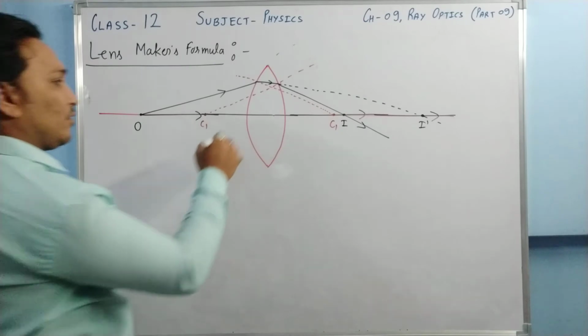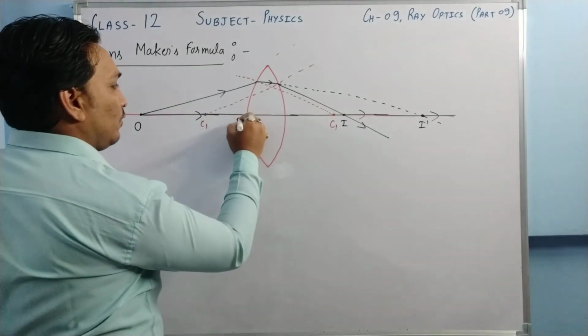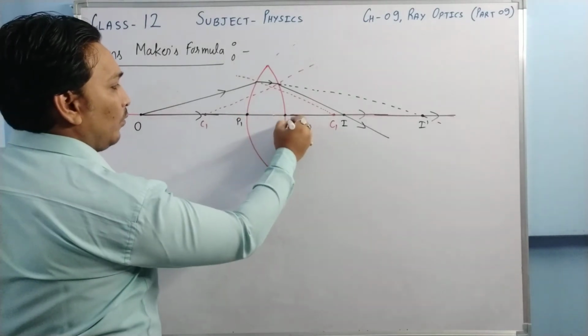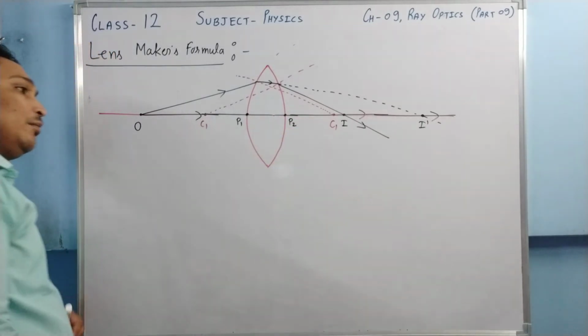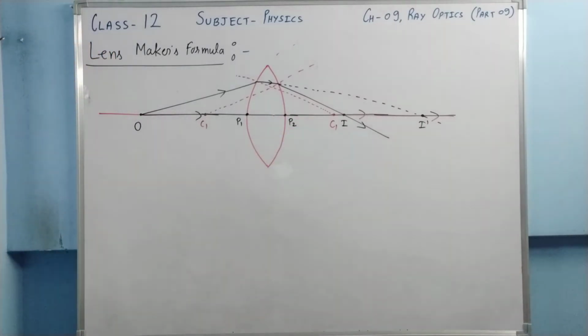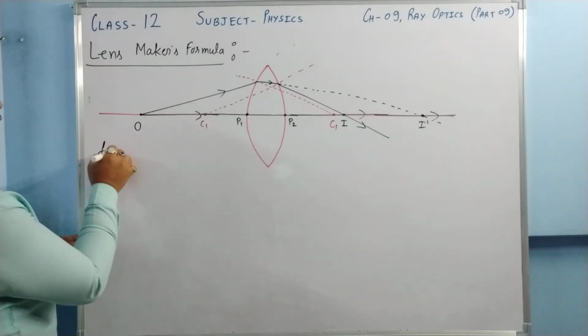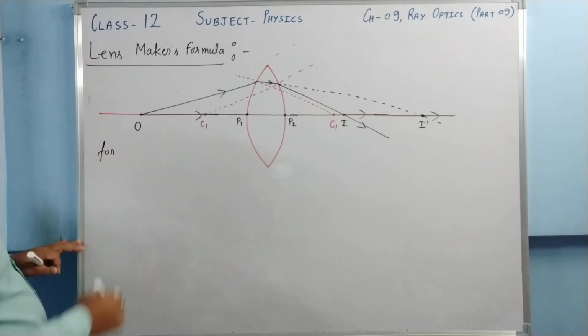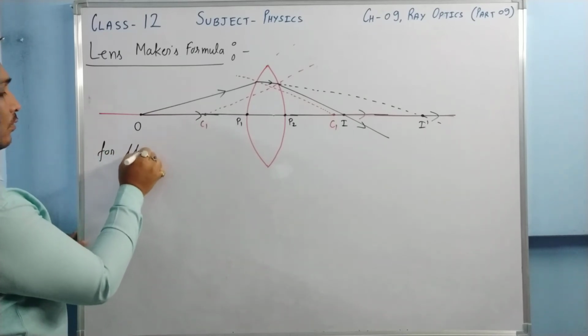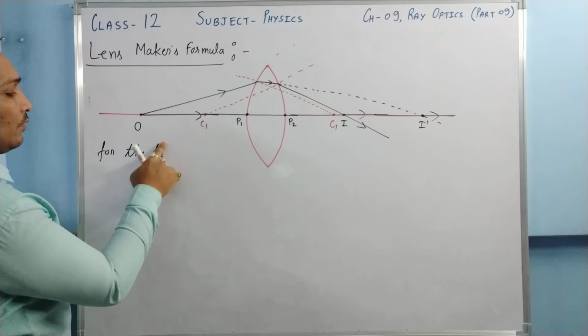Now let us describe the distances. For the first surface, let this be pole P1. For the second surface, let this be P2. Okay, sign convention remains the same. Sign convention is as it was. For the first refraction,